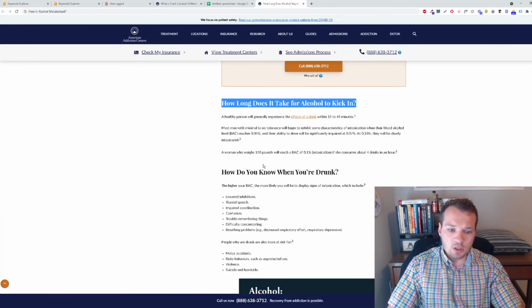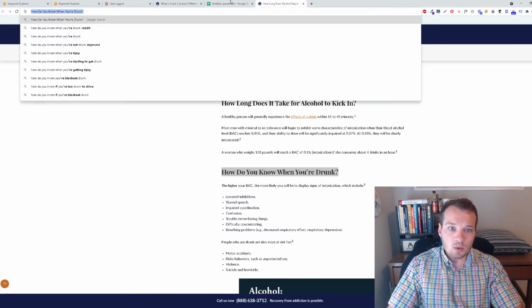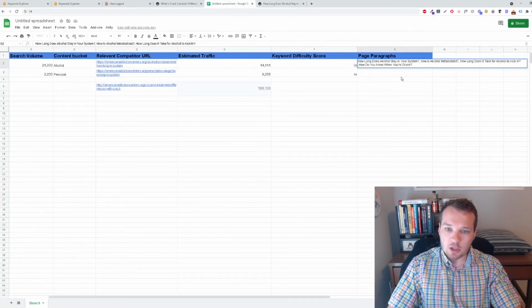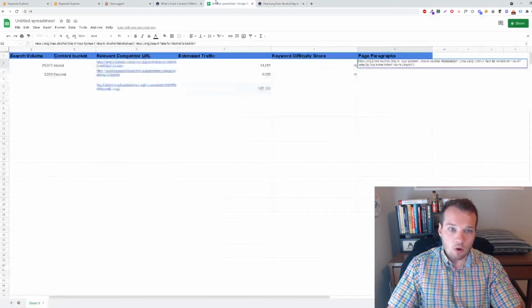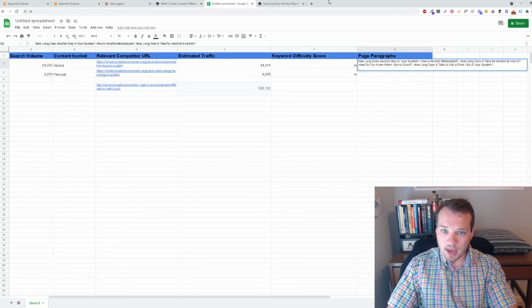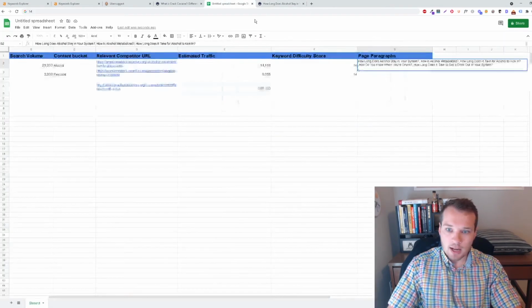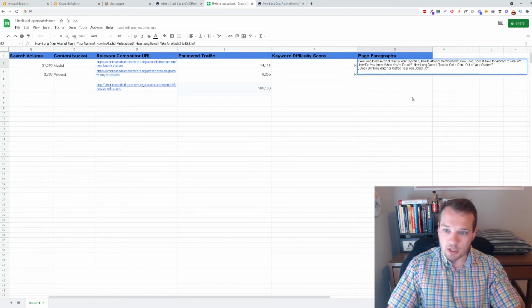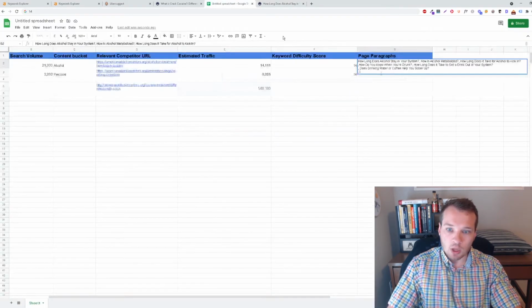So why we're doing this is so that you know what information you can write in an article on your own website. These are sections that have obviously worked for this page, so we want to copy and stack onto that strategy. This is called the skyscraper strategy. And you can either do this yourself if you're doing your own writing, or you can hand this off to your blog writer, or if you're outsourcing